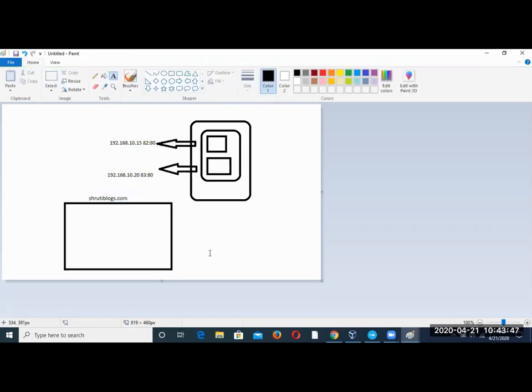Now I want both containers to support my site. It's obvious that for one site we cannot depend on one virtual machine or one container. We always want to give it high availability and more support from my resources.